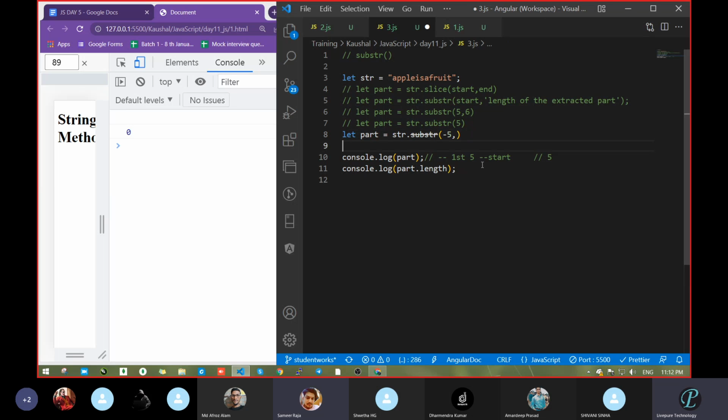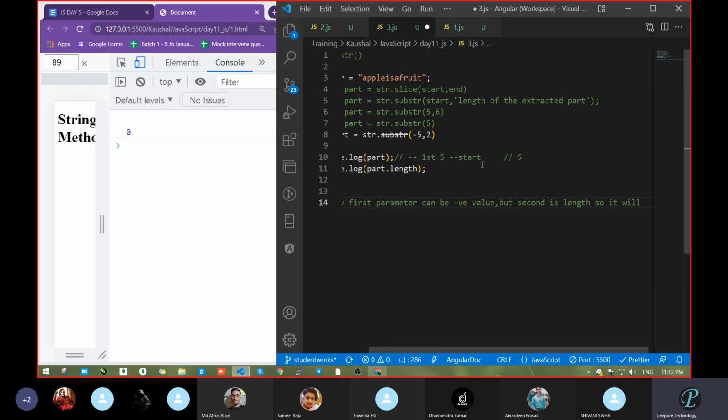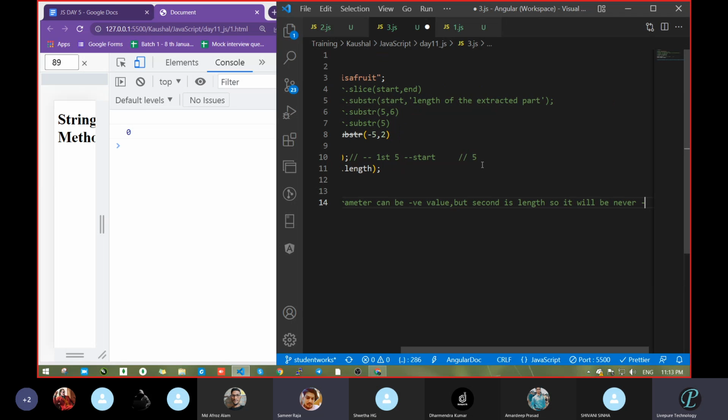So one point to keep in mind in this special case: only the first parameter can be a negative value, but the second is length, so it will never be negative. Remaining things will be the same.